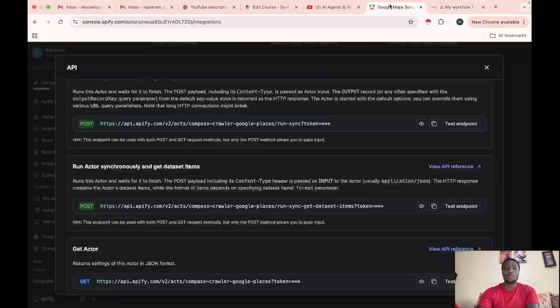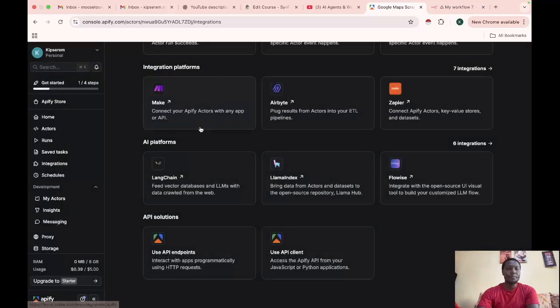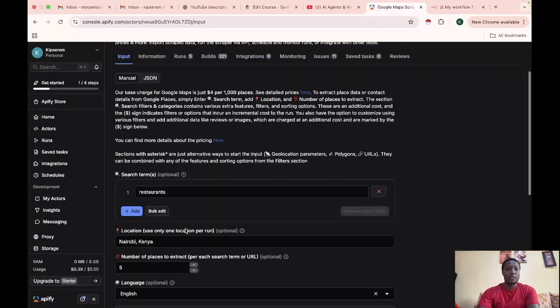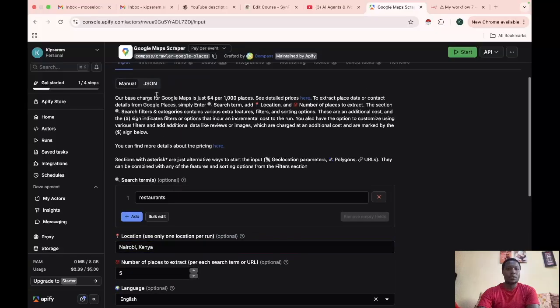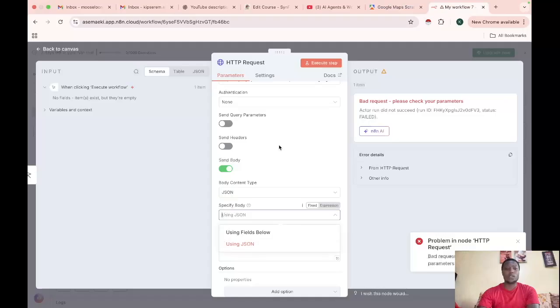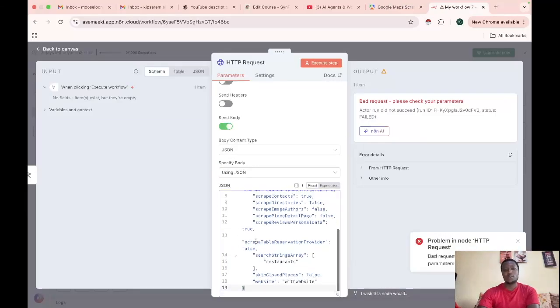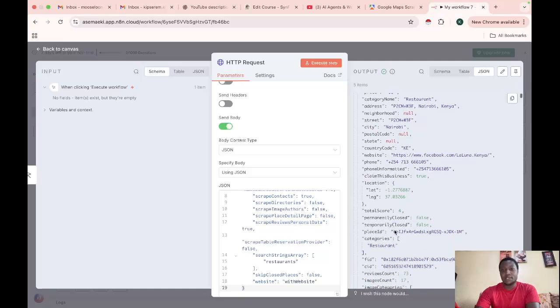So we'll go back to Apify, and then go back to input, and then we need to grab this JSON information here. Just a minute, you click on JSON. So we need to grab this JSON information, guys. This is what is giving us the error. So we copy this, and then we go back to our workflow using JSON, and then we paste it here. Once we're done, we need to re-execute the step. Sure enough, guys, we have the data. The data is coming,